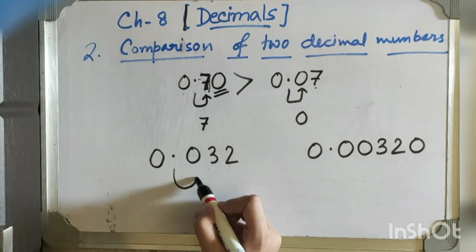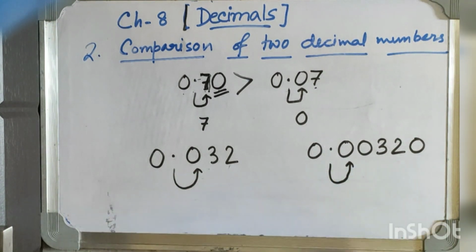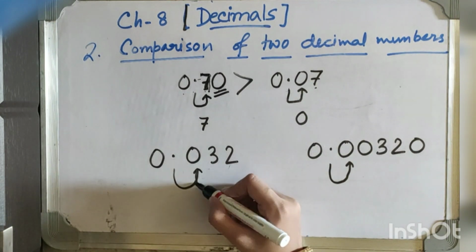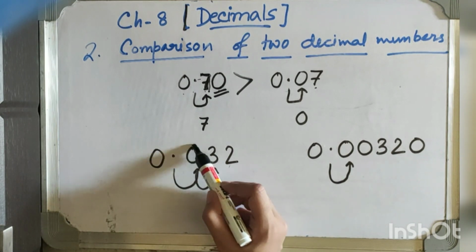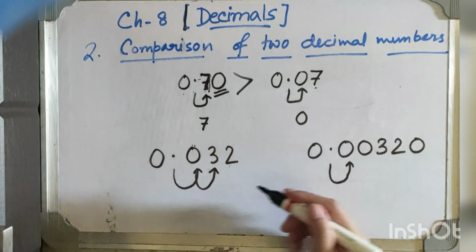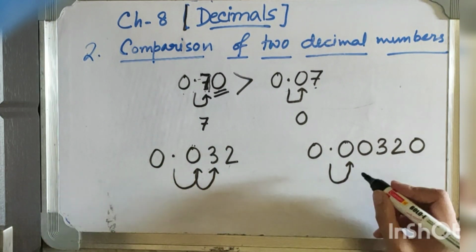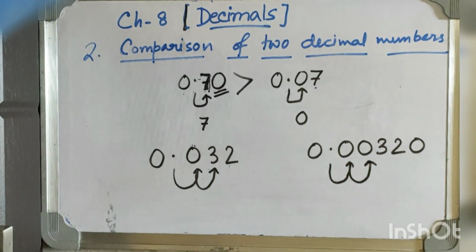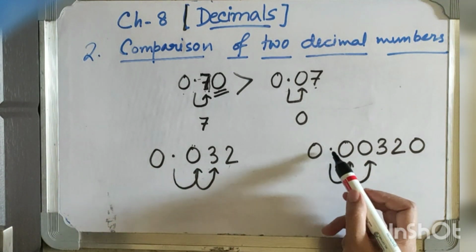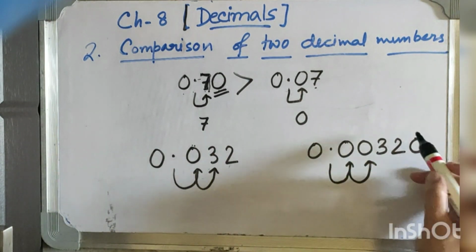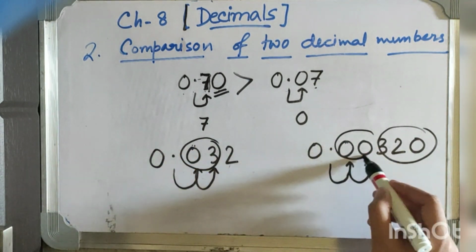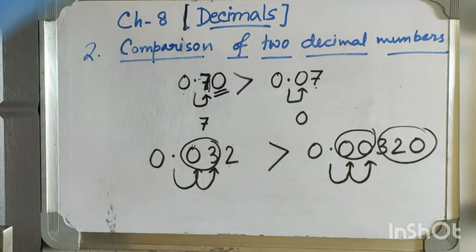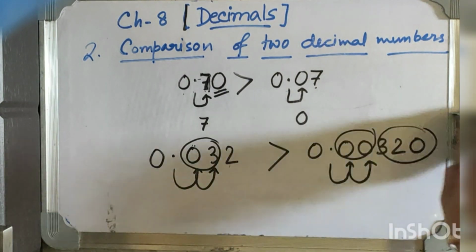So here after the decimal we are getting 0. Here also after the decimal we are getting 0 towards the right. Here after 0 we are getting 3. If both the digits are the same, exactly to the right of the decimal, we will go to the next digit. Here we have come to the next digit, that is 3 here, and here also we are getting 0 to the next digit. So definitely we can say which one is the bigger. Here 0.032, here 0.0032. We will not check the rest of the numbers here. So we can easily say by checking these two digits and these two digits, this decimal number is the bigger one.